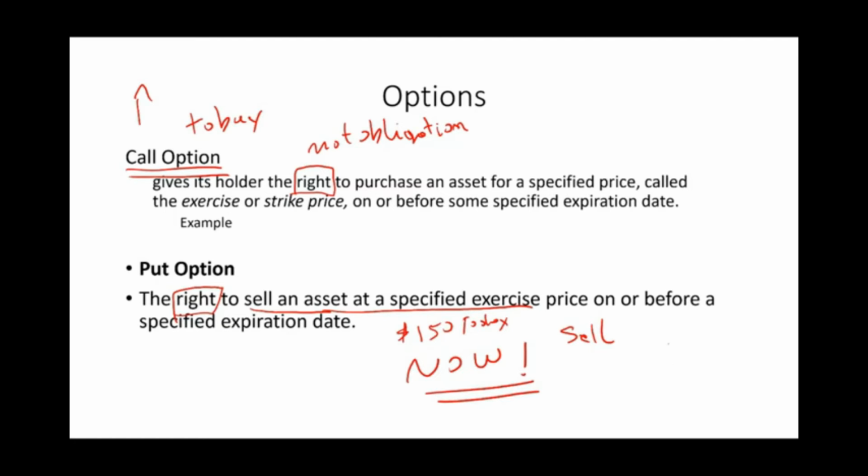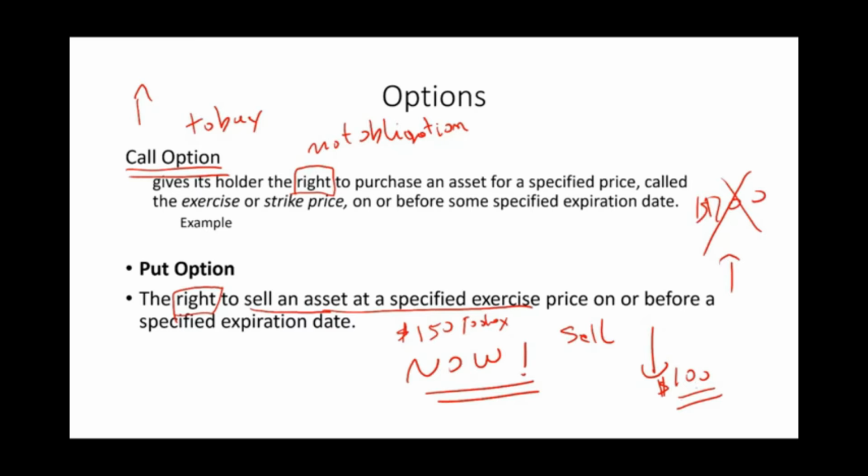What's your risk? Your risk, if you're selling it, is that the price could go down to $100 and you would lose $50. That's your risk. If the price goes up to $200, you're happy. You would sell it for $200. That's not your risk. You risk that the price will drop. Here's what you do. You'll try to find another student that's going to be taking this course, and you'll tell them, look,